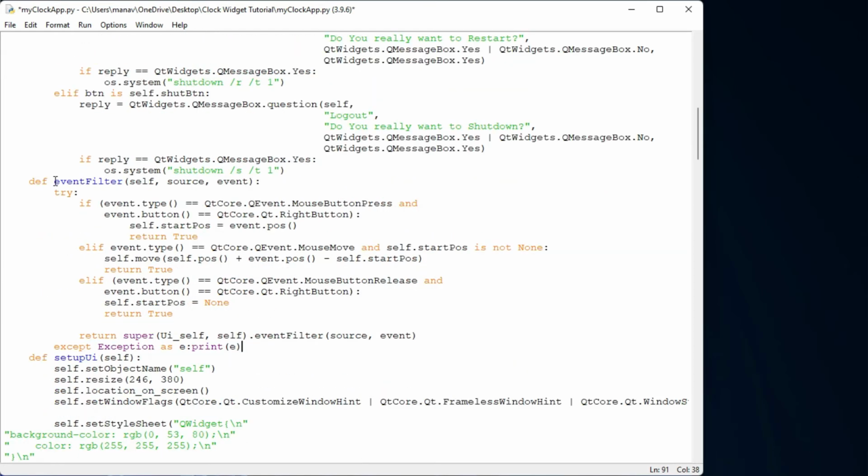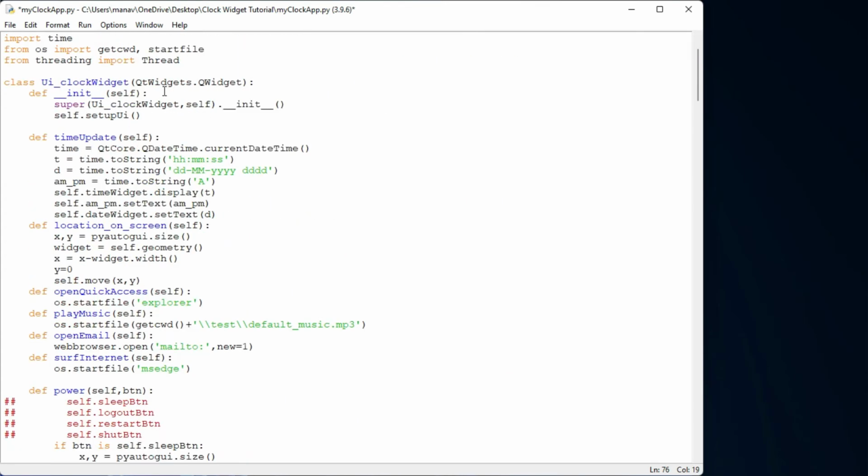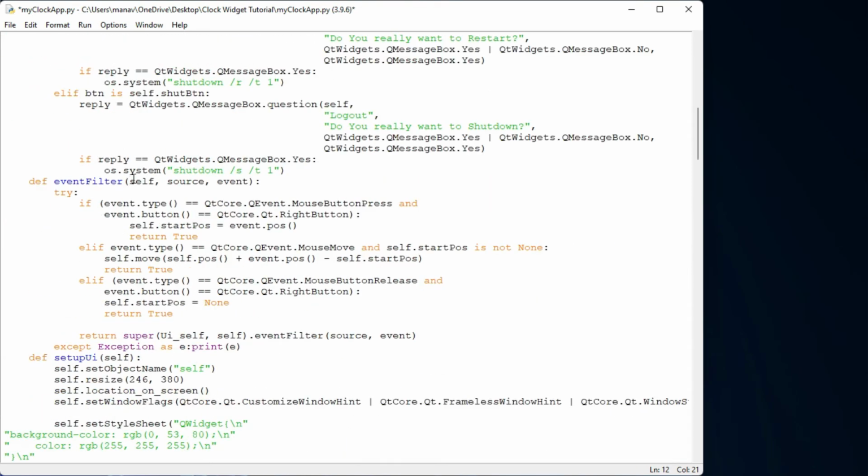Okay, so what I'm doing is accessing the event filter of QtWidgets.QWidget. It will only work when your class is inheriting QtWidgets.QWidget or QMainWindow or anything else. But if it is showing object here, then it will never work. Okay, so make sure about it.